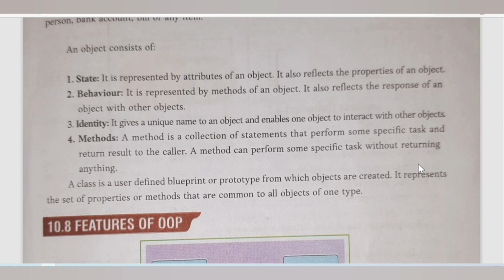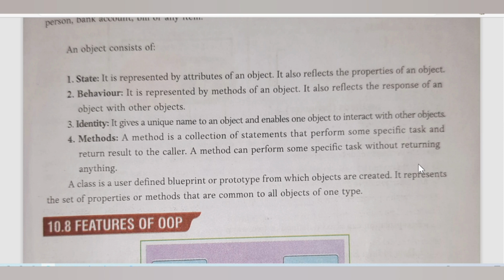So here we got that procedure oriented programming is top down, but object oriented is bottom up. In procedure oriented, we depend on function, but in object oriented, we depend on objects. And in procedure oriented, there is no security about the data, but in object oriented, we can hide the data by using objects and attributes. And in object oriented programming, the main building block or the basic unit is object,